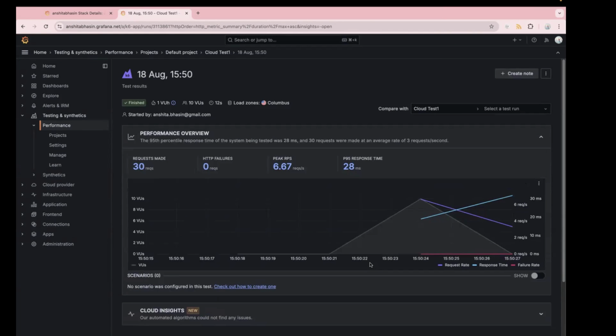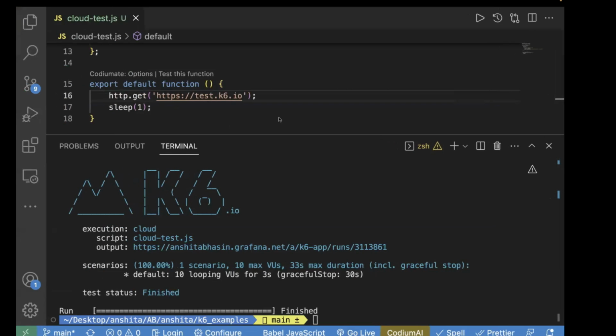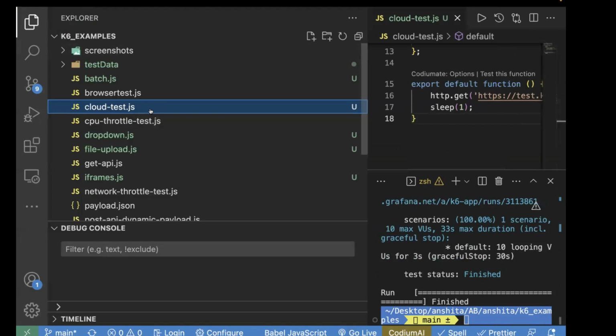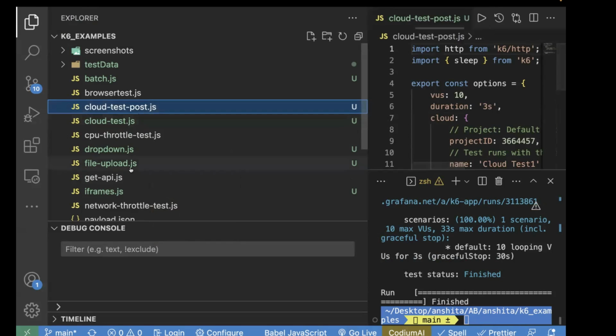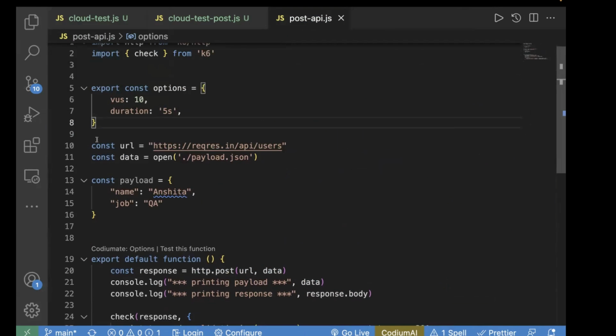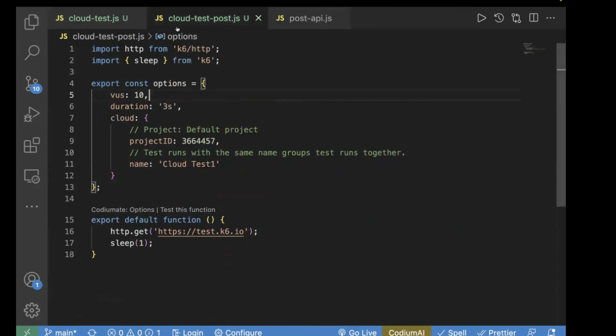Now what we can do, let's create one more test case. So now let's run it for a post request. Now let's go to our test case. So what I will do, I will create one more file over here and I will name it cloud-test-post. And in this one, we already have a post API test case. So I will just copy it from here and then go to our cloud test